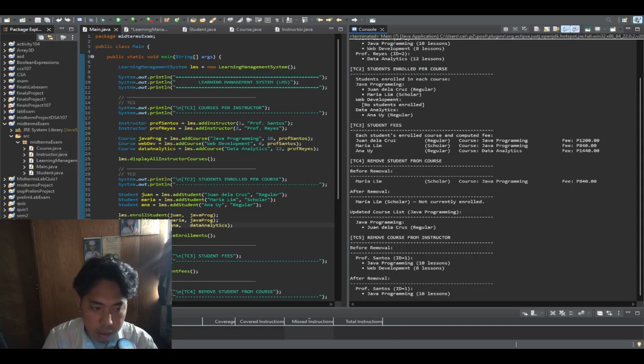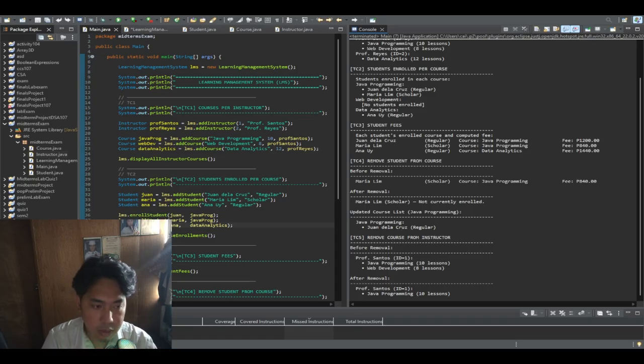It sets Maria's enrolled course field to null, and it removes her from Java programming's enrolled students list. After removal, displaying Maria's info shows she is no longer enrolled and her fee is now 0. The updated Java programming enrollment confirms that only Juan de la Cruz remains. This proves that the bidirectional link between students and course is properly maintained.